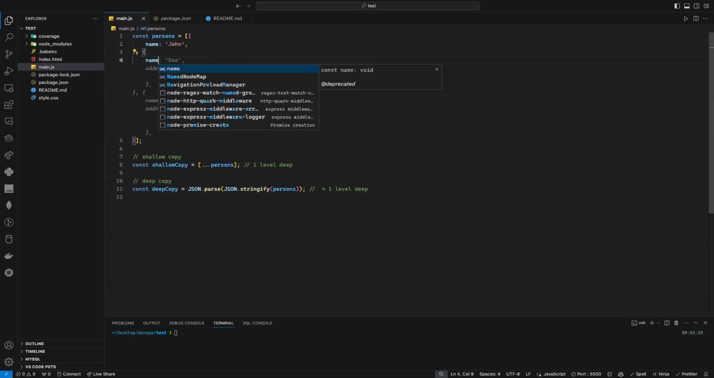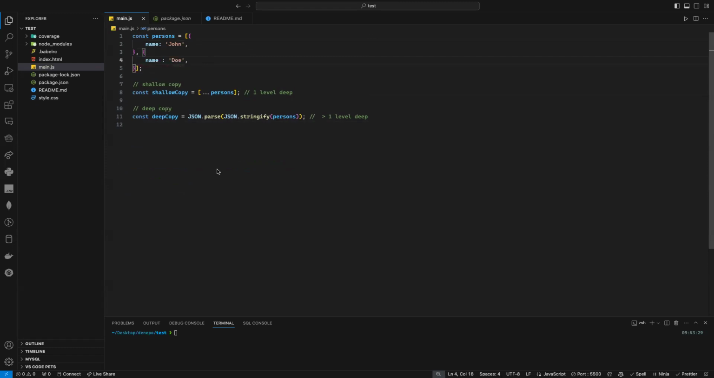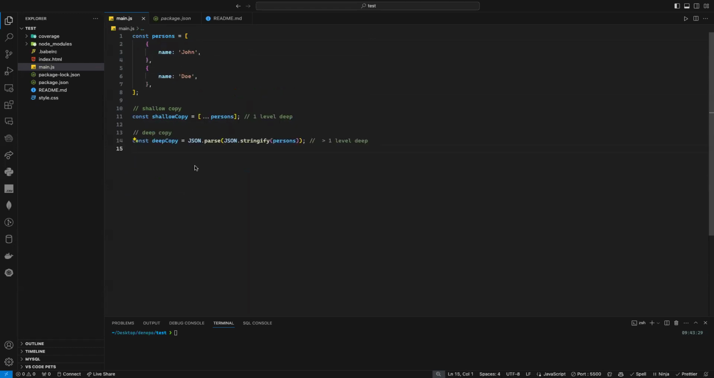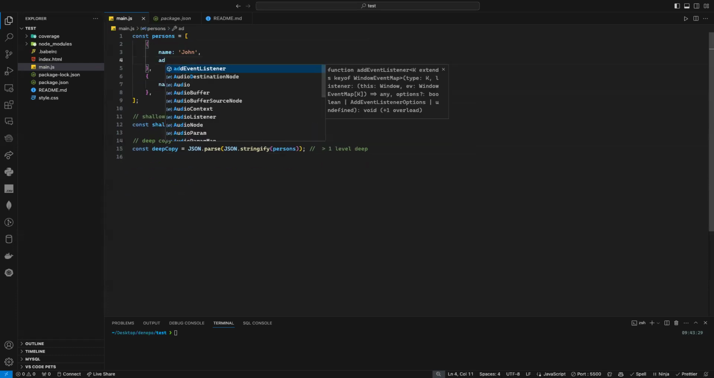I still have one level. It's just an object here. So I have one level, I can still use this one. But if I have, for example, address,